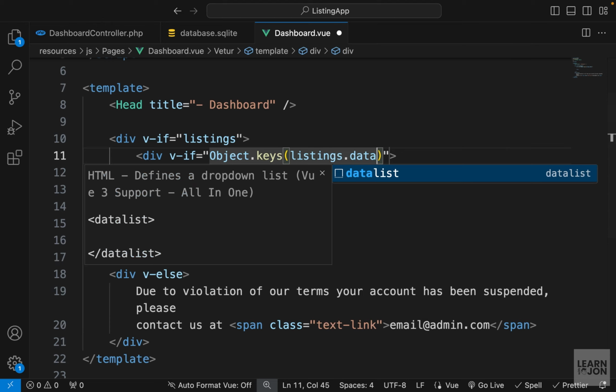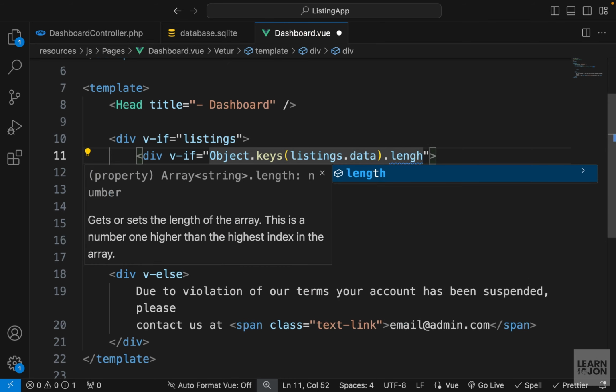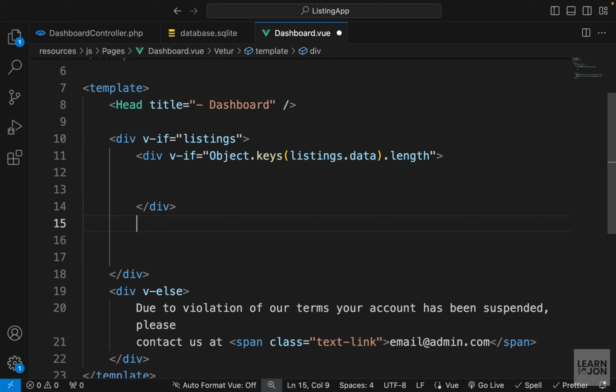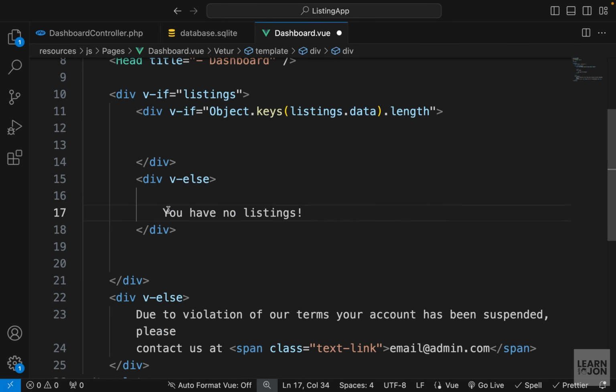So remember, the data array in the listings object is the actual listings that we want to loop over. So if this array length was true, which means we have some data, otherwise we don't. So again, after this v-if, I'm going to create another div with another v-else and say you have no listings